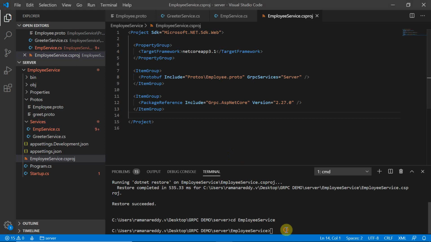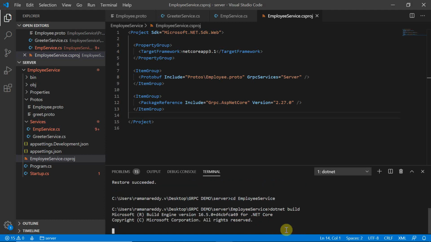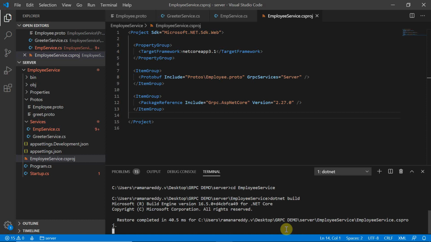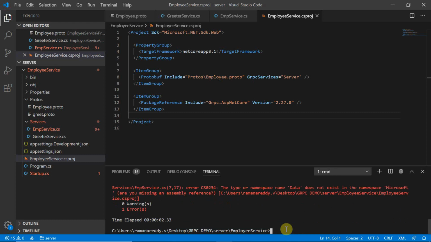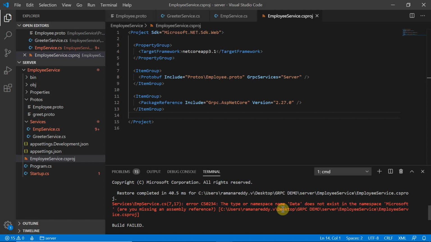Next, the service. Just before writing, I need to build. Just a minute. Here I am using SQL related stuff, so I need to include that library.